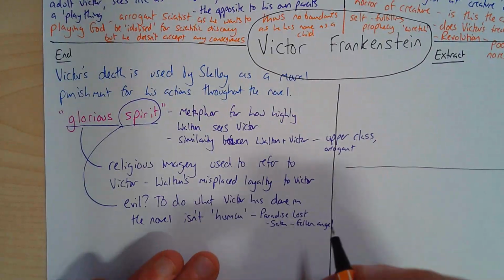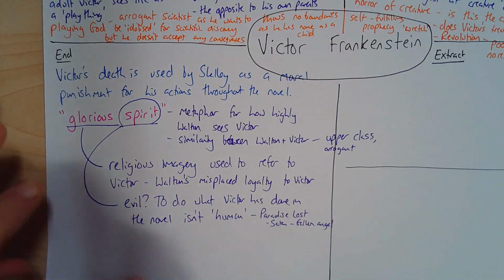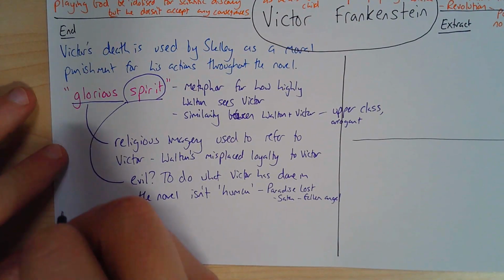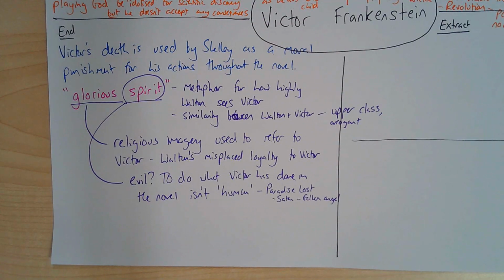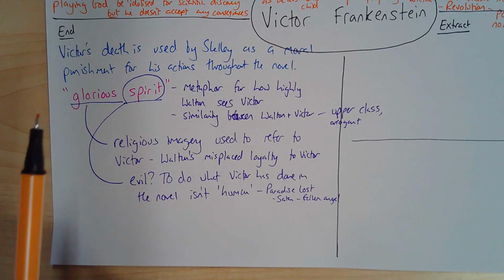So Satan in Paradise Lost, you know, in the Bible we see Satan as the devil. In Paradise Lost, Satan was one of God's angels and fell, wanted too much kind of power, in the same way that Victor Frankenstein wanted too much power in the novel and was punished as a result as well. And when we're looking at context for this as well, you know, it's this idea of the moral punishment for playing God. Walton actually refers to the untimely extinction of this glorious spirit here,